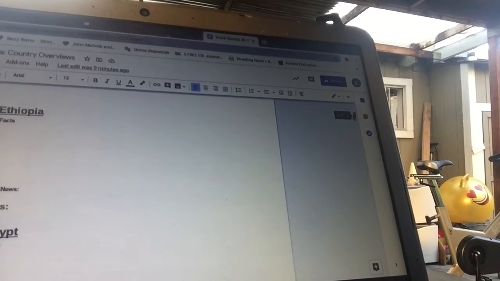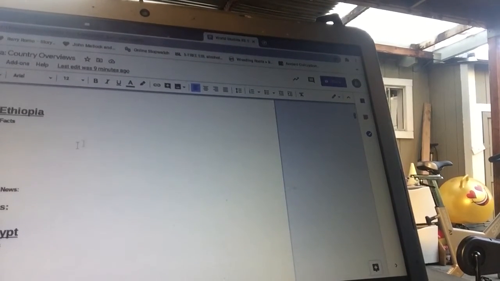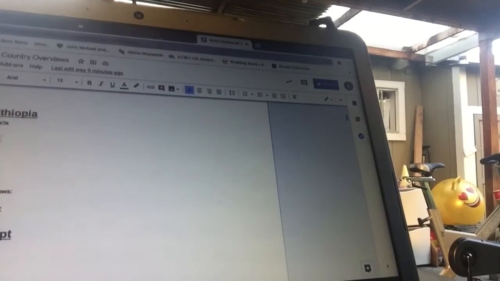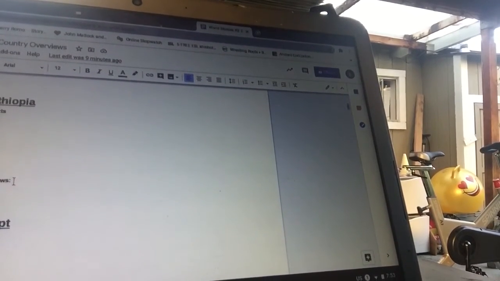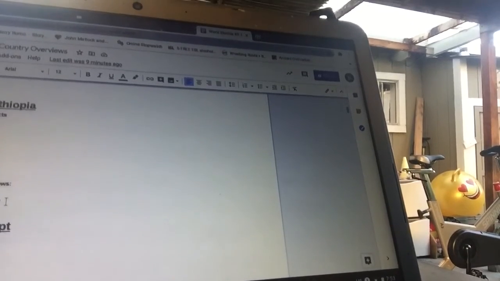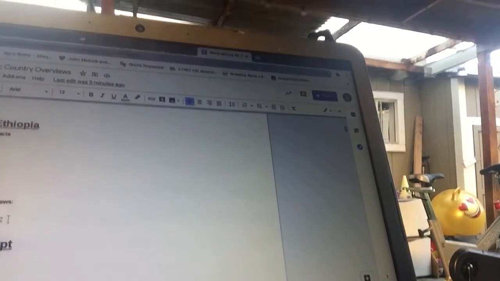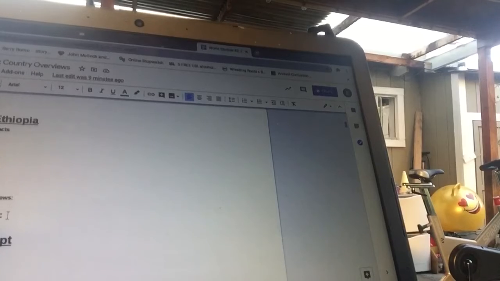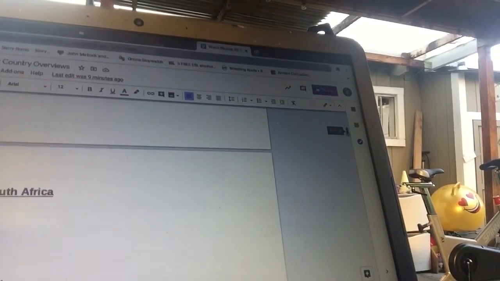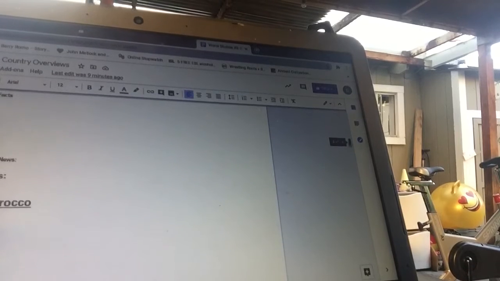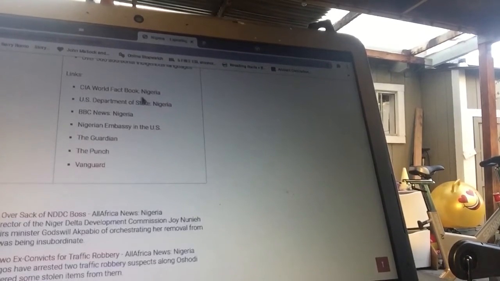So starting with Ethiopia and working down from there, you'll be coming up with 5 facts, a current news article, and, if it's within the assigned letters for your last name, doing 2 videos on it if it's one that you choose. All the countries are listed there, and Nigeria is on here as an example.